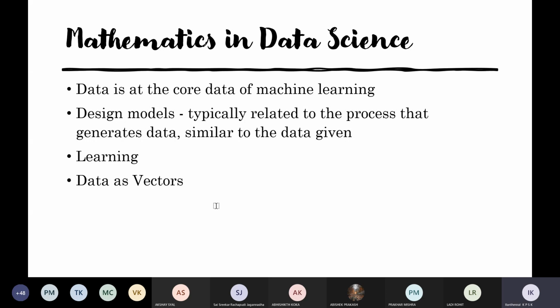So throughout this whole thing, whatever be your data, it is going to be numeric in nature, and you're going to view your data as vectors. Clear? So you have to ingrain this in your mind, because whatever data you get, you're going to use as vectors. You will be starting the very first unit with linear algebra, and you will look at how you can work with data which is represented as a matrix or as a vector. Clear?